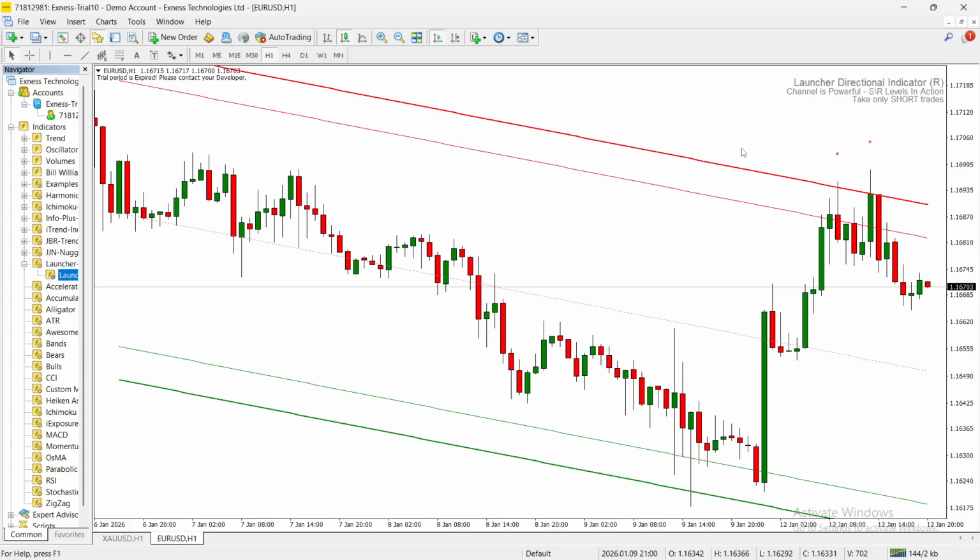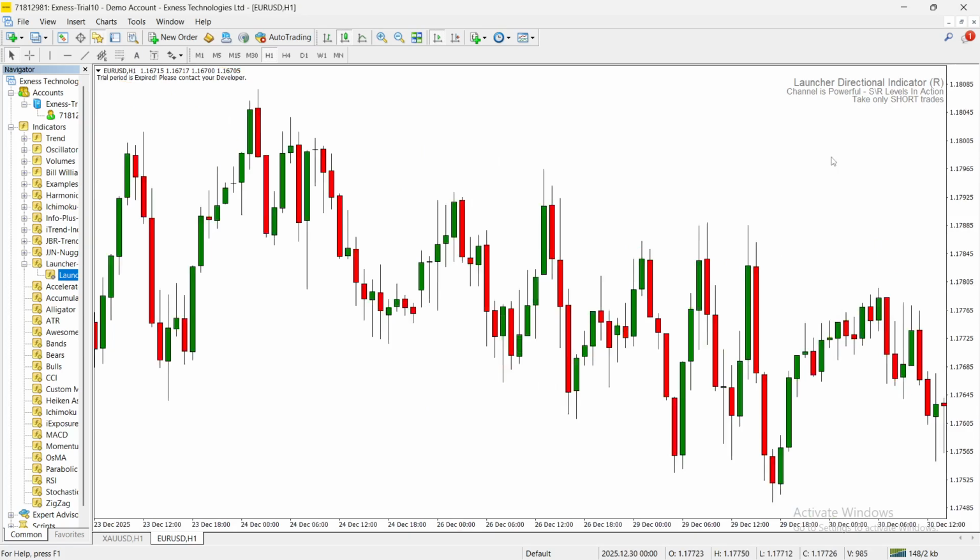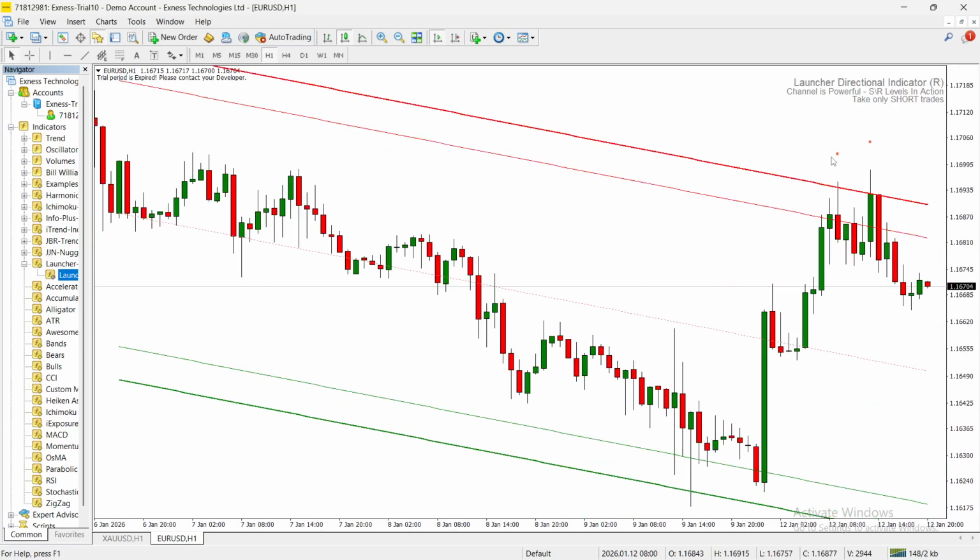This custom-built technical analysis tool displays a dynamic channel system with two upper trend lines and two lower trend lines, where the outer lines are very thick, plus a middle equilibrium line, while also writing text instructions above the charts telling traders what to do, like take only short trades based on channel strength calculations. In this video, you will see how the Launcher Directional Indicator works, what features it offers, and which trading strategies